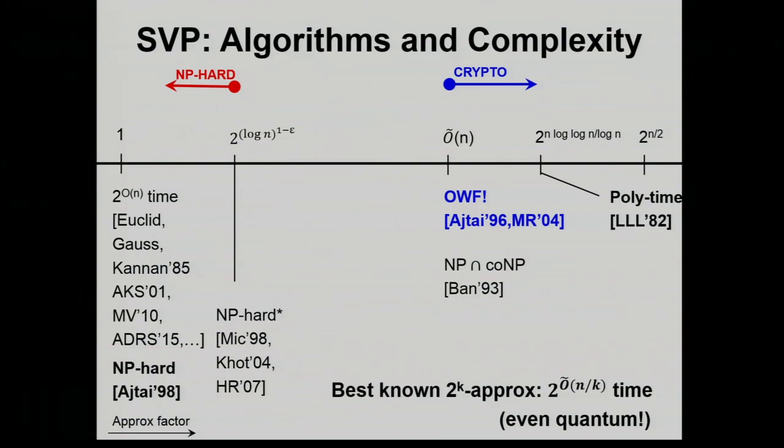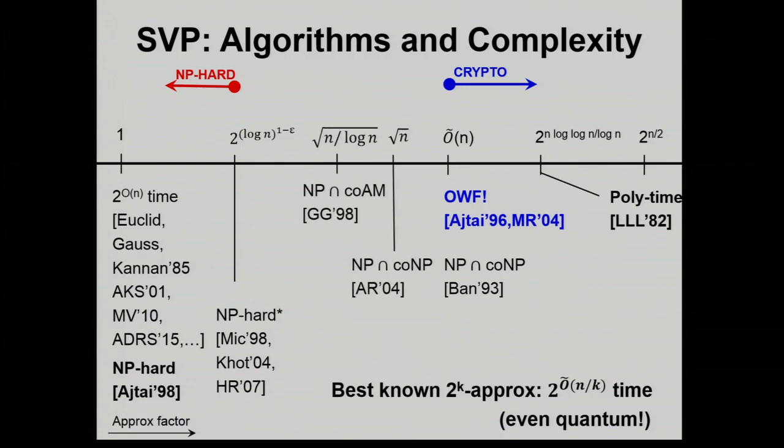So it says I can certify that a lattice does not have a particularly short vector in NP. I can give you a witness. I mean, how do you do that? Bizarre, but you can do it. Okay, that's NP intersect co-NP. You can extend this a little bit further. Beautiful results again. Aharonov and Regev extended this all the way to square root n. And if you move a little bit further, square root of n over log n, this problem is in co-AM, not quite co-NP, but sort of an interactive version of co-NP. So that's where it stood.